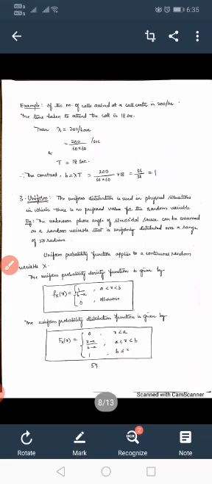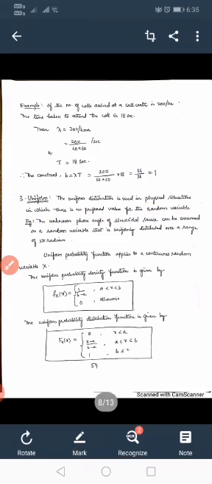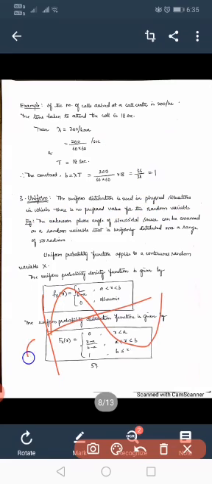Now the uniform distribution and density function. We define the uniform distribution and density functions only in situations in which there is no preferred value for the random variable. For what type of situations do we define this? Let us consider a sinusoidal waveform, which is a continuous waveform, defined over an interval 0 to 2 pi. At each value of this sinusoidal signal there is some phase angle, and we cannot predict the phase angle. It may be like this and it may be like this. We cannot predict the phase angle.